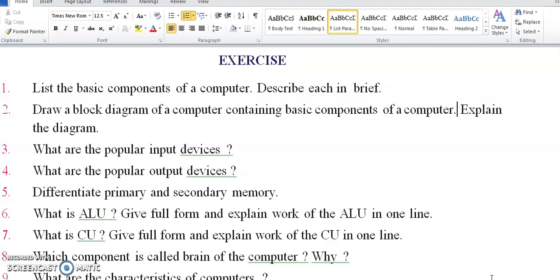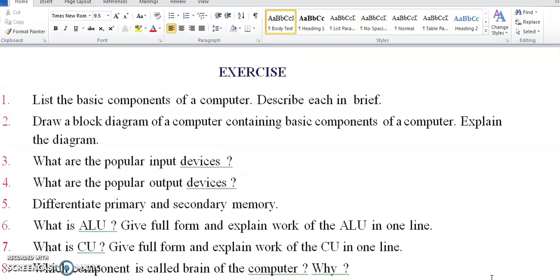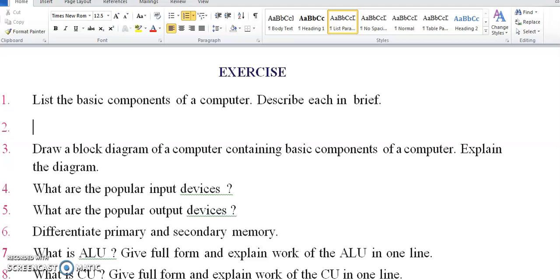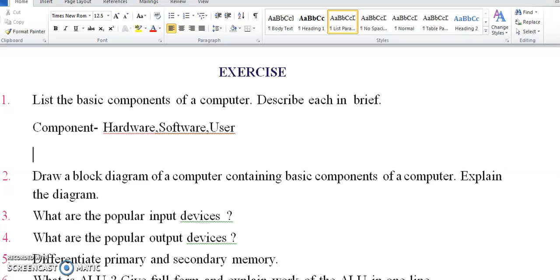Descriptive question: list the basic components of computer, describe each in brief. This is the first question of our exercise. What will be the answer? List of basic components. Which are the components of a computer system? You must know: hardware, software, user. Now in hardware,